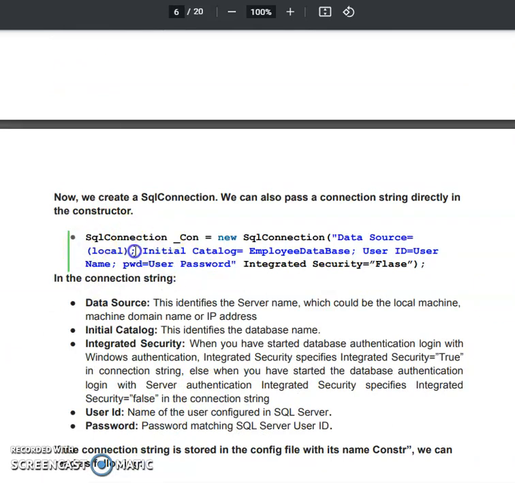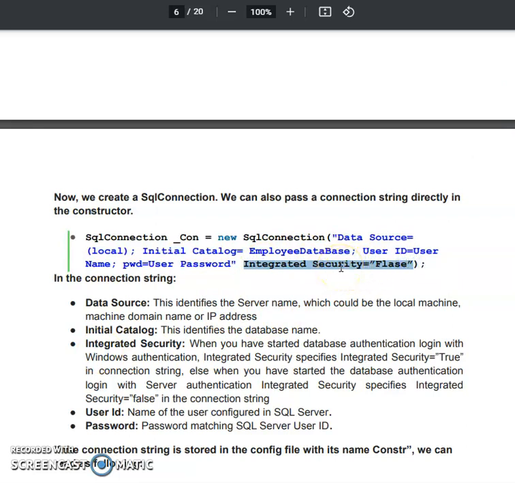Another way is that you can pass this connection string directly in the form of the constructor into your web pages. SqlConnection _con. So here con, suppose we have specified, is equal to new SqlConnection, and in that we have to specify the parameters. So here another parameter you have seen, that Integrated Security is equal to false.